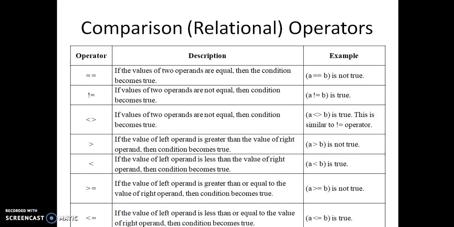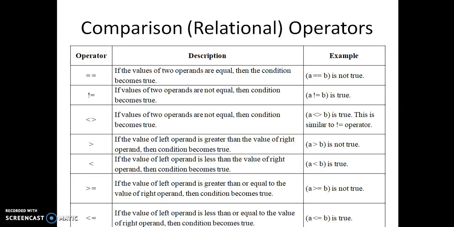Next, comparison operators. The equal to operator checks whether two variables' values are equal or not. The not equals operator is the opposite, and there are also less than and greater than. The greater than operator checks whether the first variable is greater than the second, and less than checks whether the first variable is less than the second.